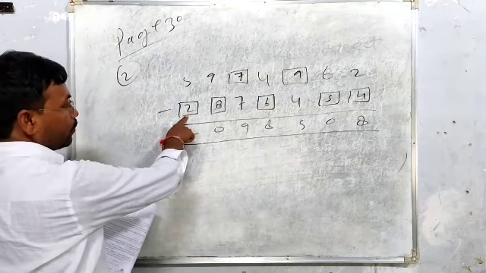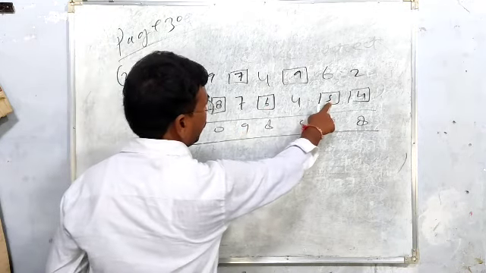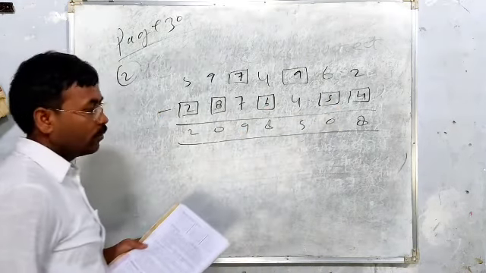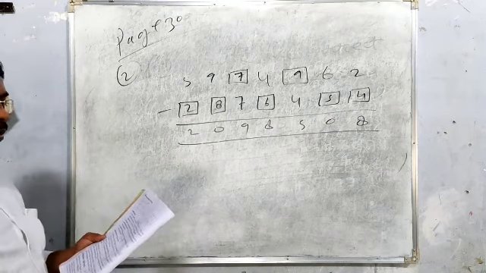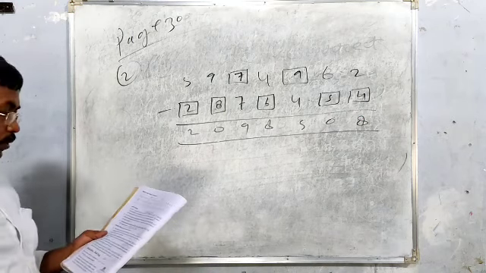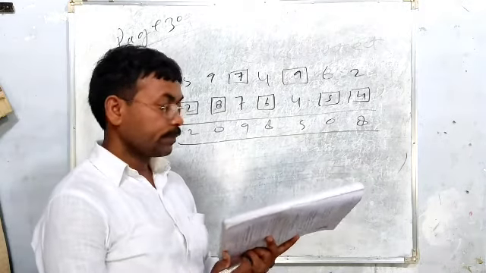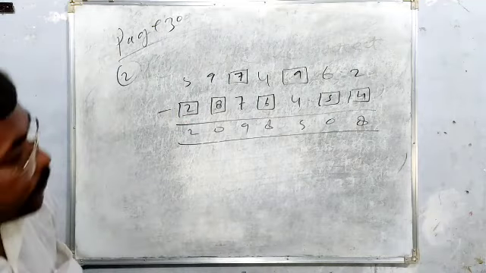So here should be 7, here 9. And this box should be 8. This will be 8. This will be 6. And this will be 5. And this will be 4. So question number 3 you can complete by yourself. Now I am going to discuss problem solving, that is the 5th one, problem solving.